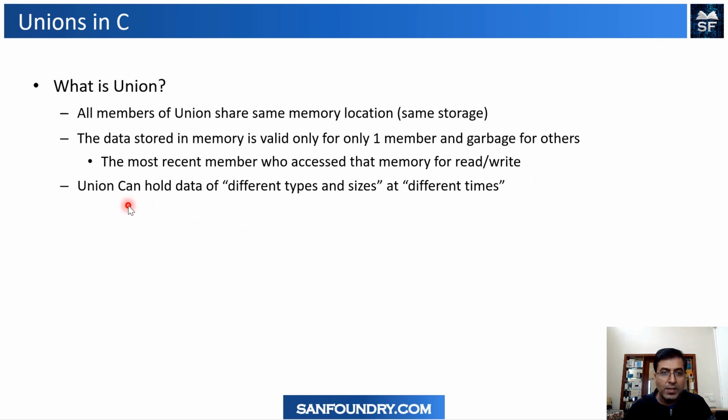So a union, in reality, can hold data of different types and different sizes at different points in time. A union is a construct where we give a memory location and then multiple members associated with that object are going to access it at different points of time. There is a requirement in design to have a union type of construct, which I will cover pretty soon in the subsequent slides.